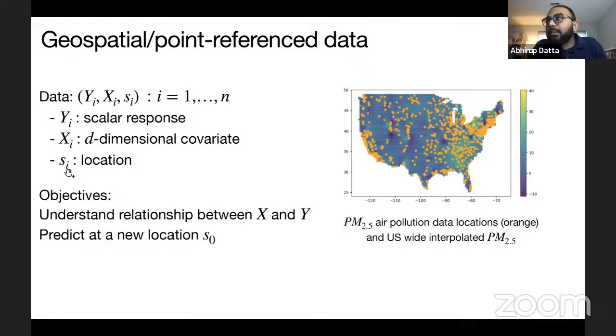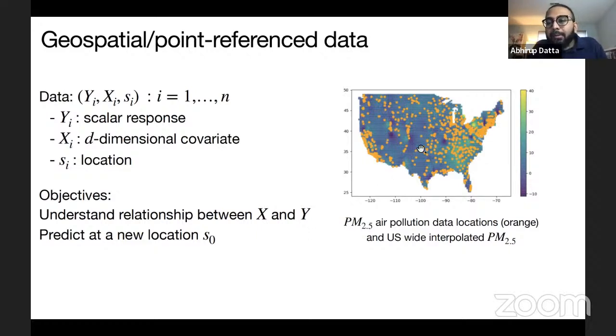So this s_i would typically be your latitude, longitude. The primary goals of the analysis would be to understand the relationship between the outcome y and the covariates x, and then to predict at a new location s_0, because we are interested in understanding not just y at the observed locations, but also how y would be at unobserved locations.